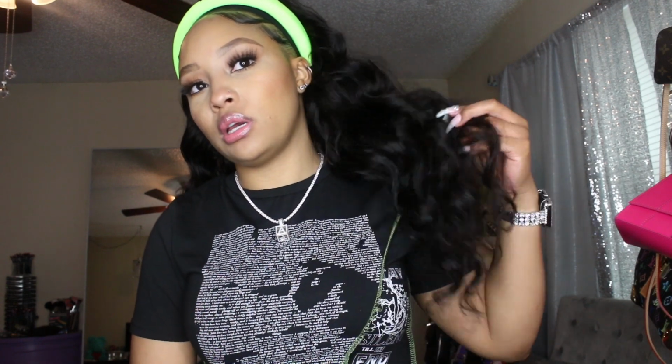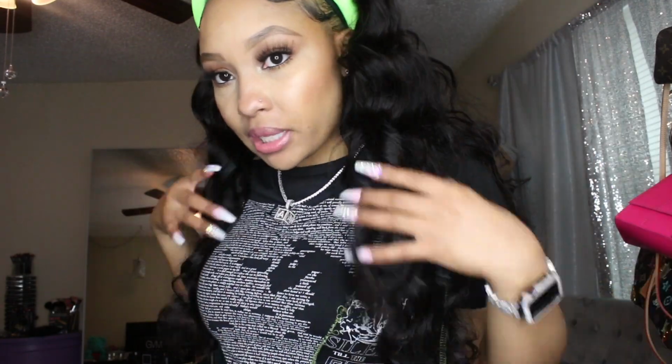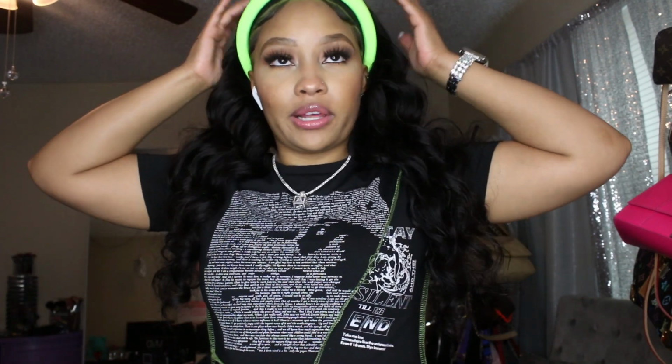So yeah, I did curl the hair with that, and yeah, the hair is really cute. It held its curl really nice. Today is really like humid and raining here, so you know, my curls tend to usually drop in that kind of weather, but they stay really pretty, and it's like a nice curly wave with the flat iron, or with the wand curler. So yeah, the hair turned out super cute,